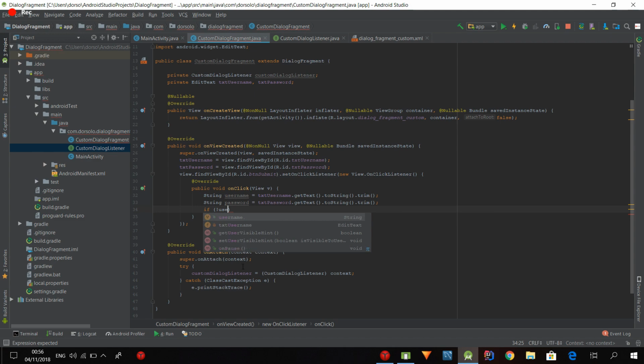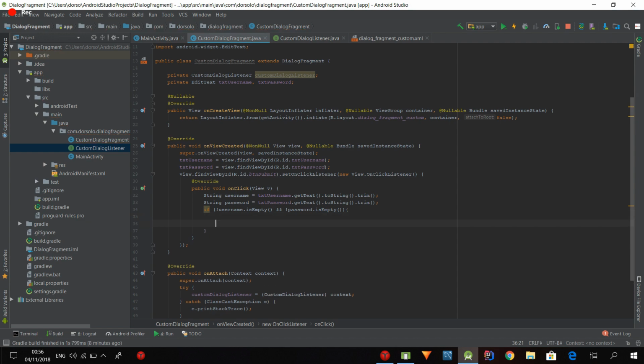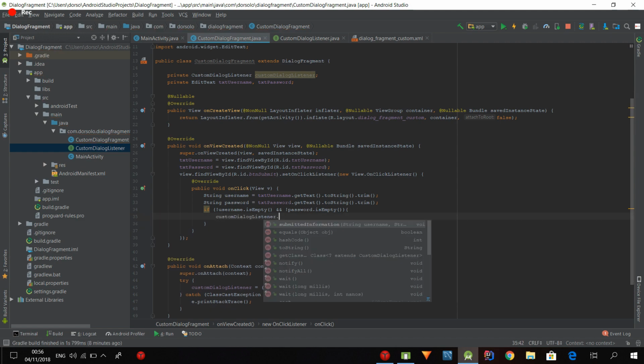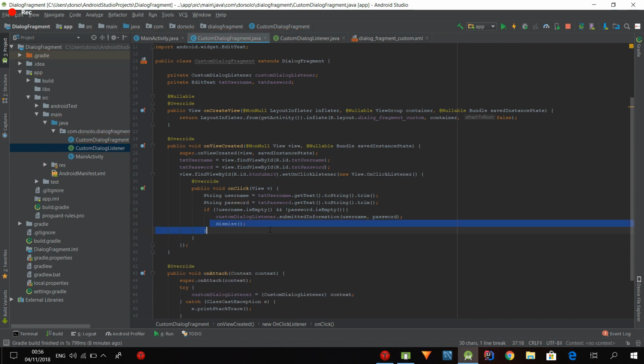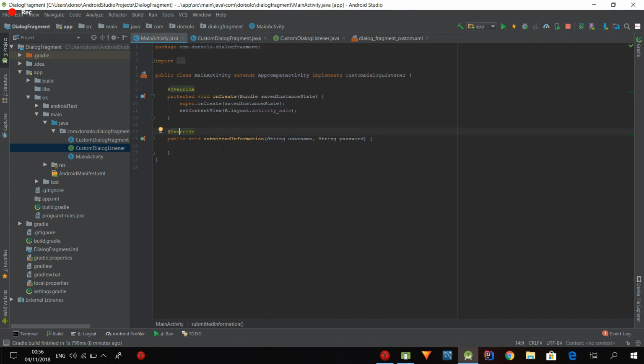So now, what we're going to do in our onClick listener is check whether the username is empty and whether the password is empty. If both of them are not empty, what I want to do is first of all pass the username and the password, and dismiss. Now the dismiss method is going to close the dialog fragment. Now in the main activity, all I want to do is the username